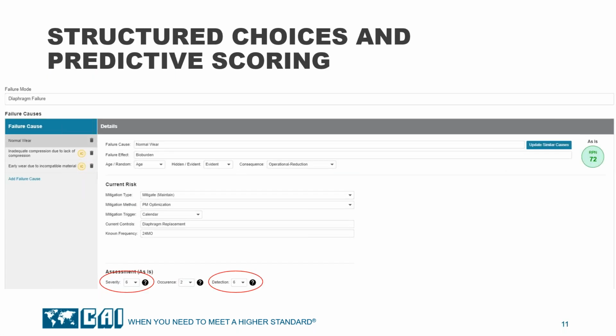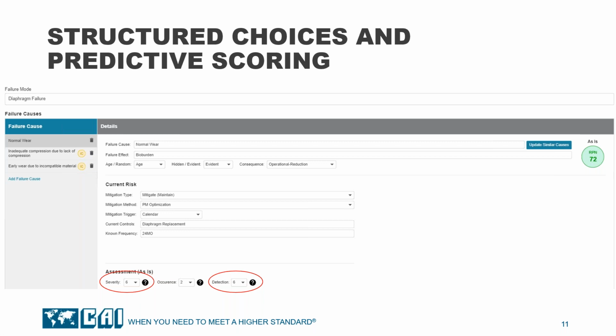What we built into this is, once we're inside of a failure mode and we're working within this very specific, discrete failure mode, we're going to ask a series of questions. Our cause and our effect, all these pieces up here at the top are coming from our library themselves, and you can change them any which way that you need to. But we also define what our current risk mitigation is going to be down here on the lower hand side.